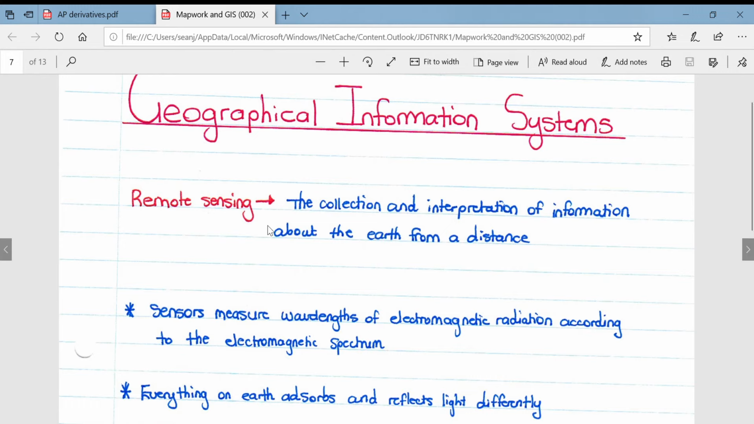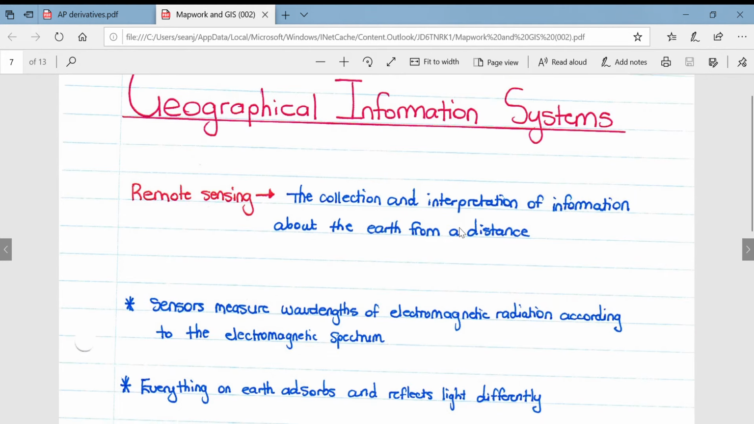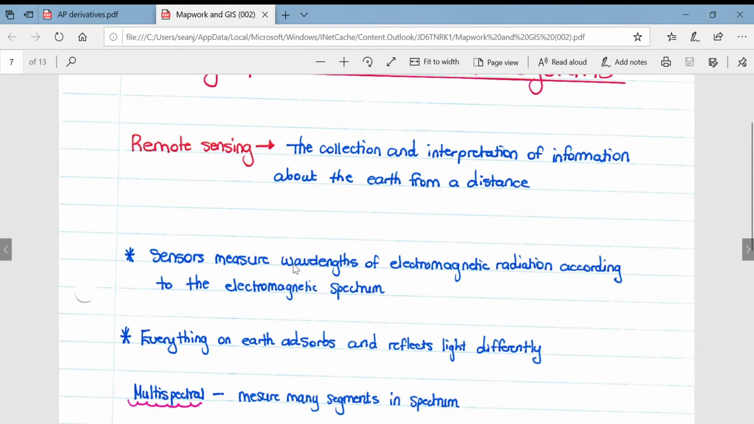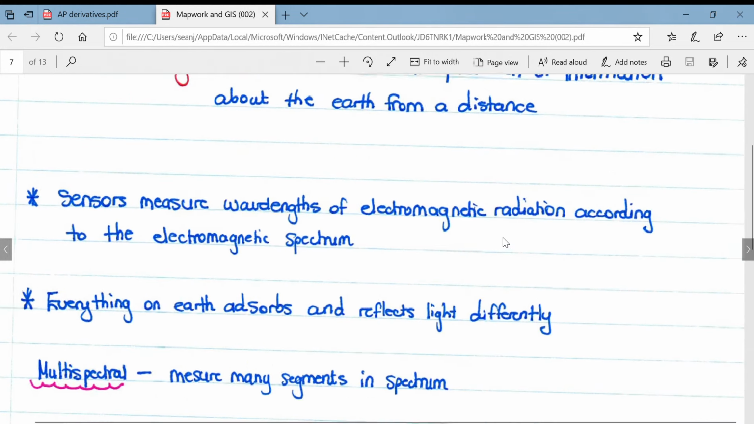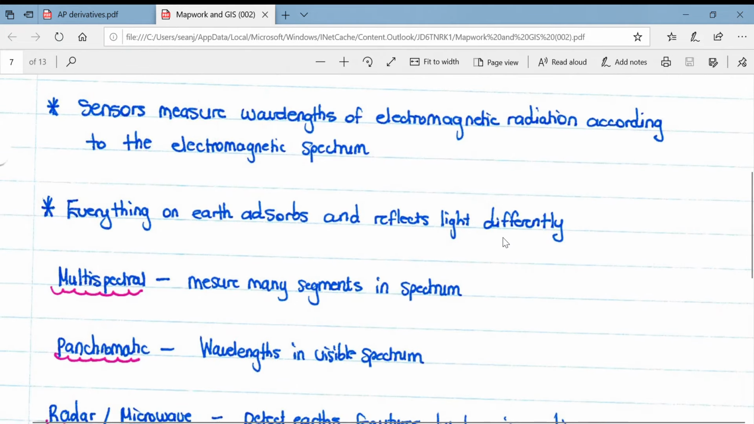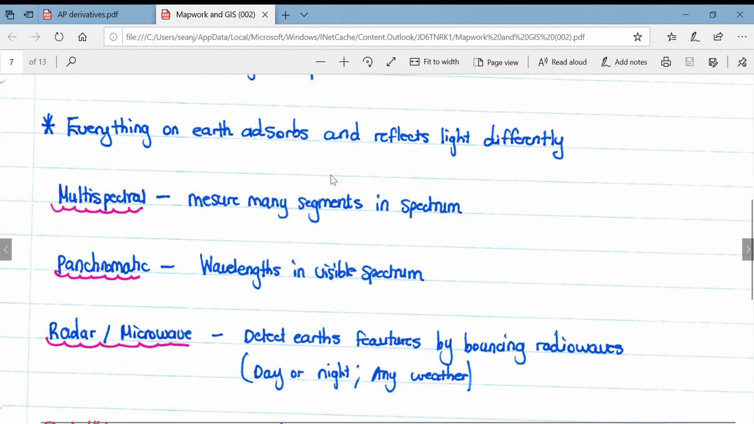Remote sensing is the collection and interpretation of information about the Earth from a distance. Sensors measure wavelengths of electromagnetic radiation according to the electromagnetic spectrum. Everything on the Earth absorbs and reflects light differently. You can get